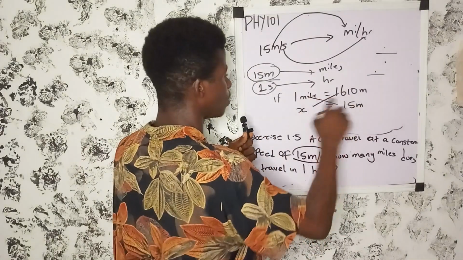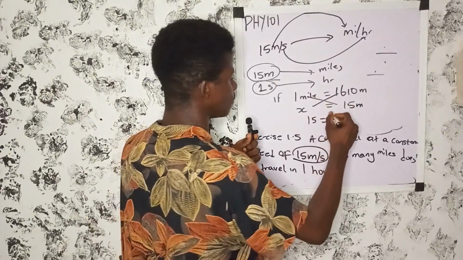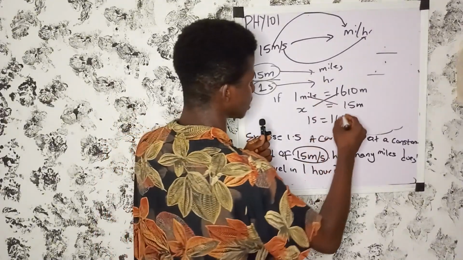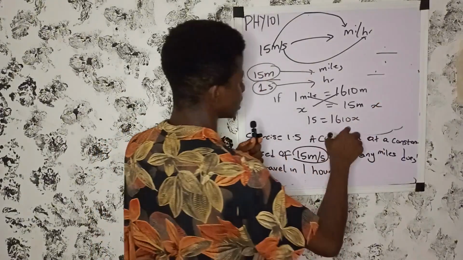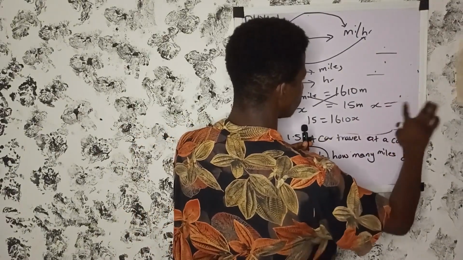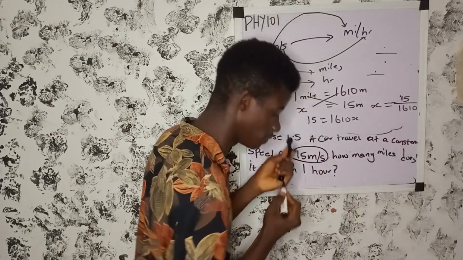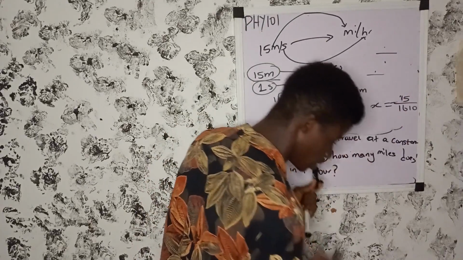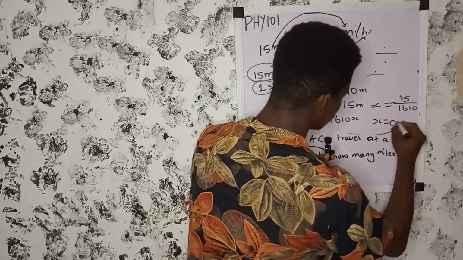If you cross multiply, 1 multiplied by 15 gives us 15, and X multiplied by 1,610 gives us 1,610X. So if you divide both sides by 1,610, we have X equals 15 divided by 1,610. 15 divided by 1,610 will give us